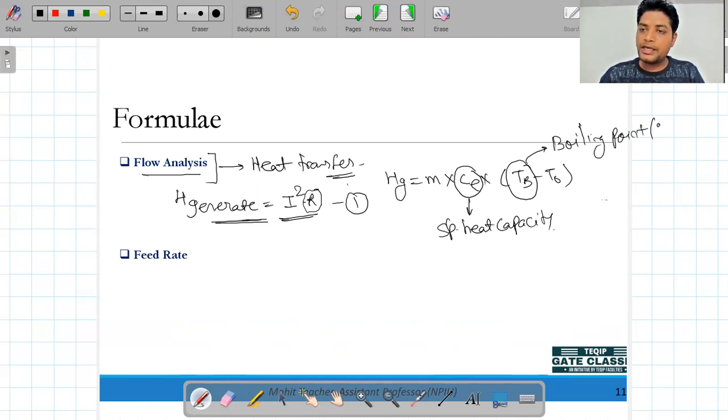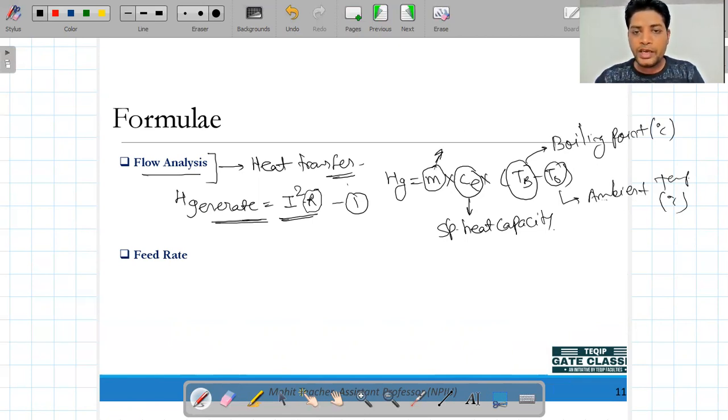This boiling point is in degree centigrade. This is the ambient temperature, that will be in degree centigrade, and this is the amount of flow that takes place. How much flow takes place when we have the density of the electrolyte. If we say that Q is the flow rate, then that will be Q into rho